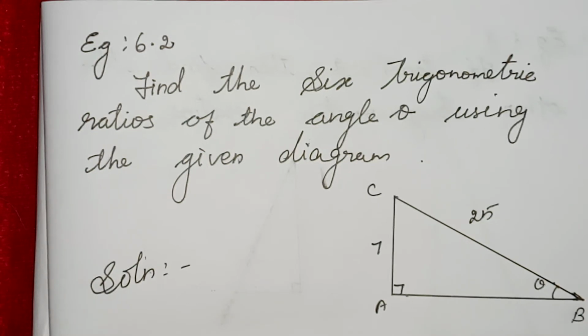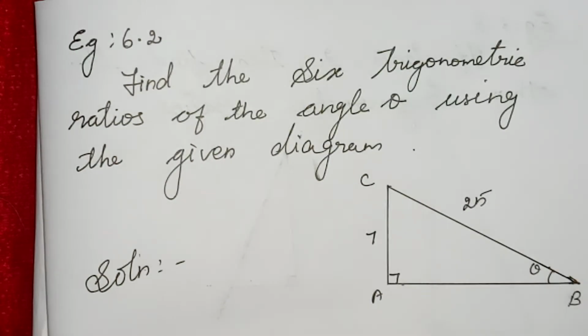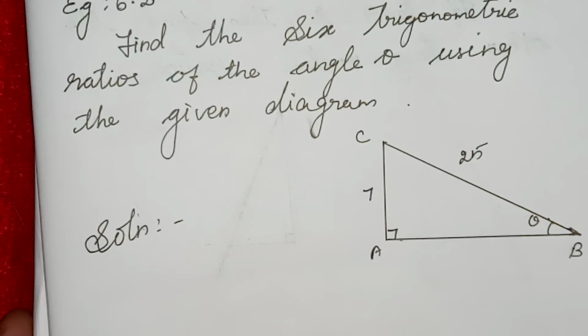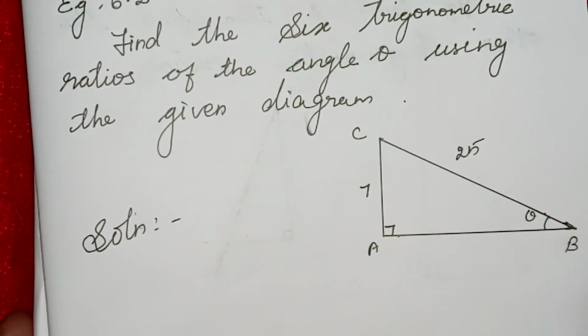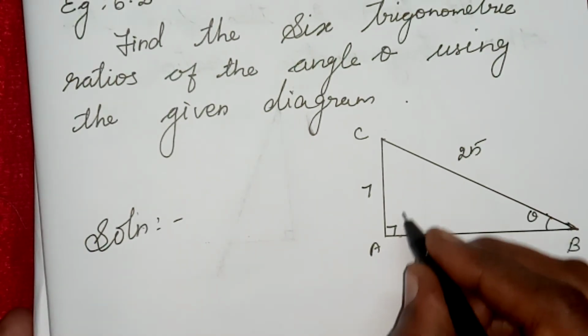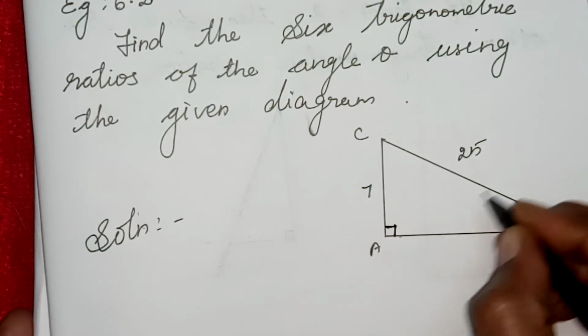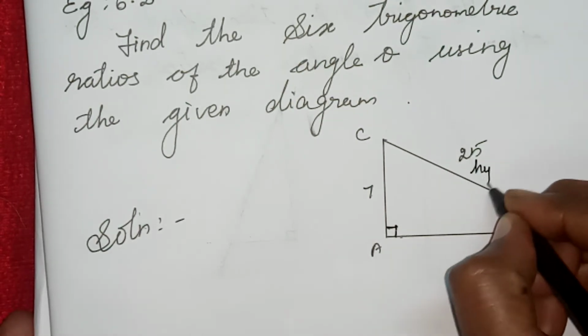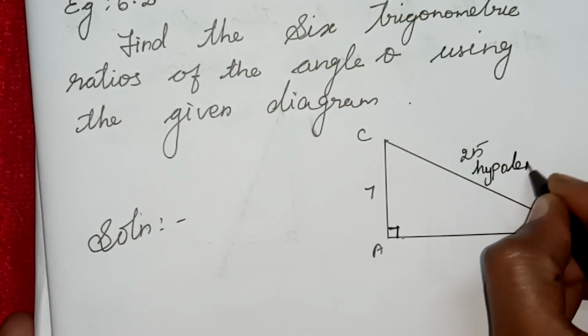Already, in the 8th standard, you have learned which one? Pythagoras theorem. In the second lesson also, you have learned that. Many places you have used that. We have to apply the Pythagoras theorem. First, here it is the right angle. You know that it is the hypotenuse.